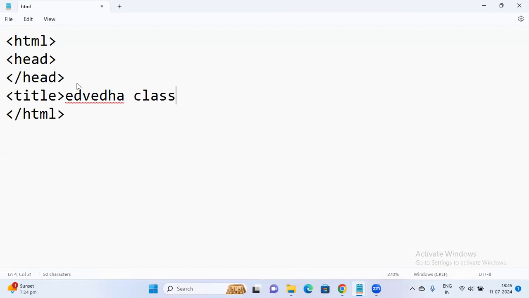Okay. So ma'am, why are we writing the head tag and closing the head tag? Besides the head tag, we are not writing anything. Why only title? A heading tag, you should not write. In the title, if you want to give the title, then you have to write. If you want to write in the head, that is also fine.